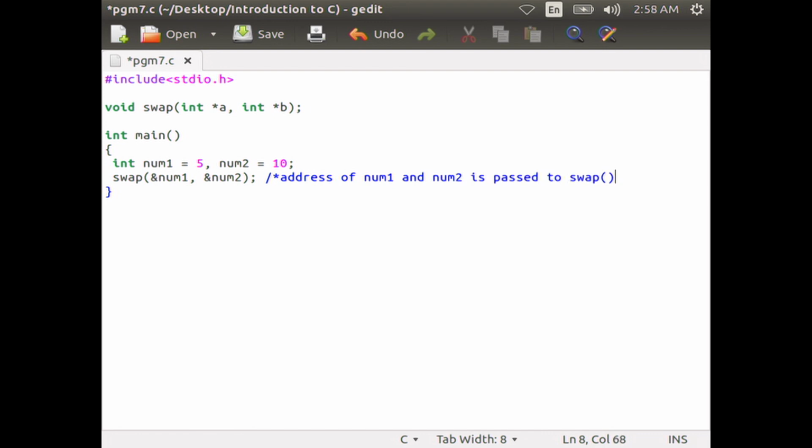printf "number 1 = %d", num1 and printf "number 2 = %d", num2. Then return 0, then close the brace.